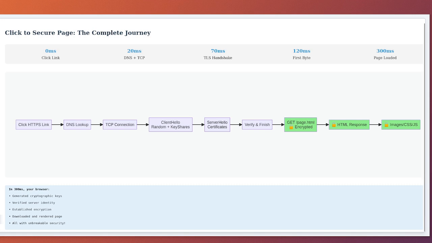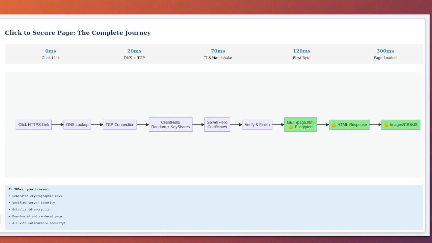Now, for the magic moment. Your browser sends GET /product/widget.html encrypted with the application keys. The server decrypts this, fetches the web page from its database, compresses it, encrypts the response, and sends it back. Your browser decrypts the data, decompresses it, and renders the HTML.